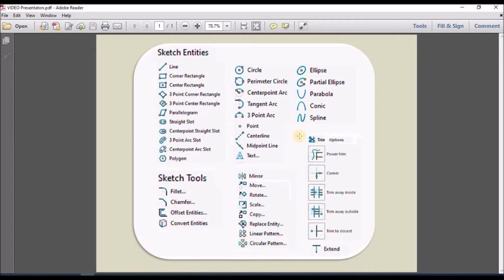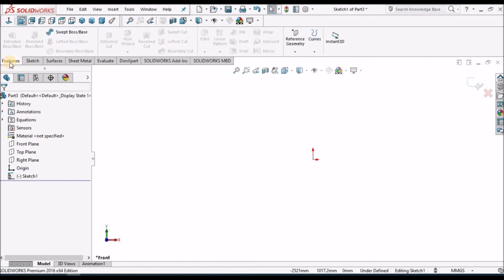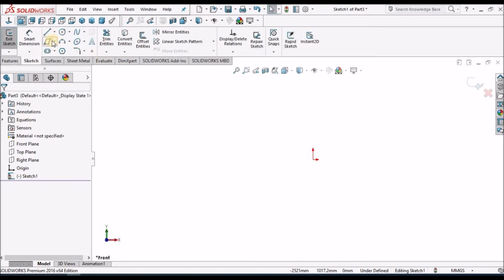Okay, chamfer. So I am going to show this text and offset entity and convert entities. Before that I will create one small extruded boss.